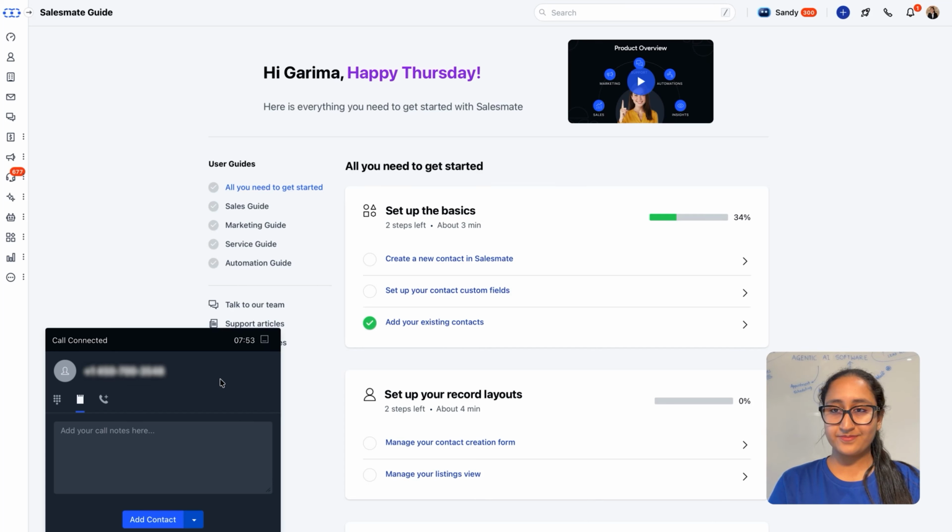Top 3 improvements with exact script. Number 1, validate before you rebut. What happened? When the owner said last Friday was hectic, you immediately went to cost. Why it hurt? It risked sounding transactional and not empathetic. Better script: "Totally. Sounds like a rough day. When that happens, do you usually lose the chance to follow up? Or does someone on your team circle back later?" This pulls out whether they have follow-up capacity.